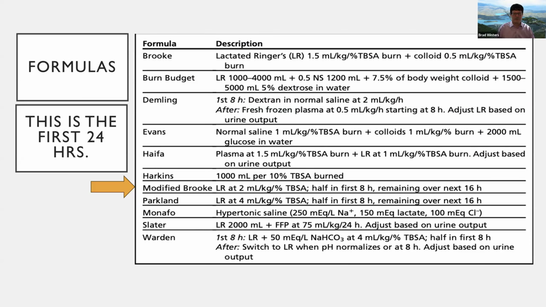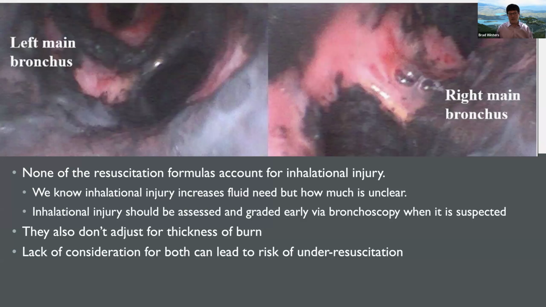which is why I said earlier, it comes back to your clinical acumen, your assessment. How much is this injury that you're seeing on these bronchoscopic pictures contributing to your patient's inflammatory response? I think, as we all know, the lungs can be a huge inflammatory engine. Obviously, with ARDS, they become the primary inflammatory engine, but they can drive a much higher fluid need than you would normally calculate for total body surface area, regardless of which formula or mixture of formulas you choose.